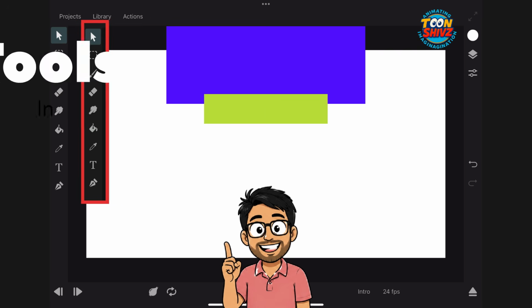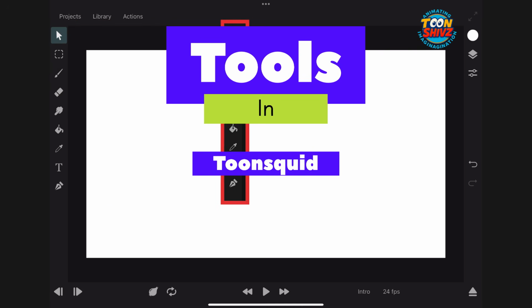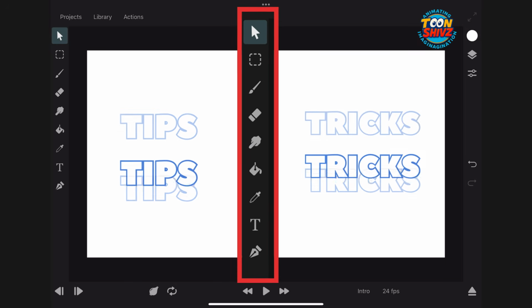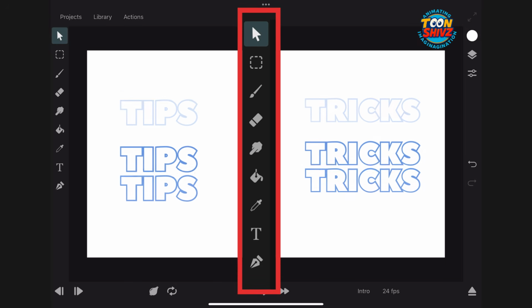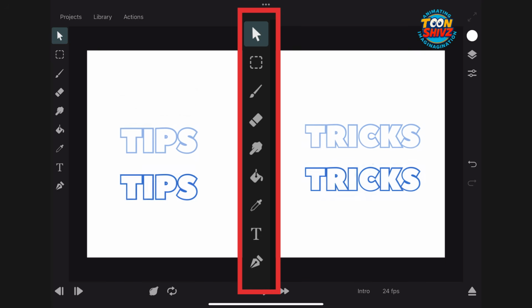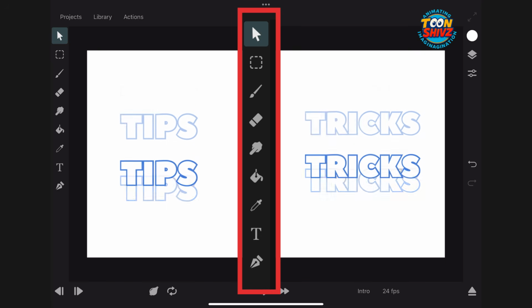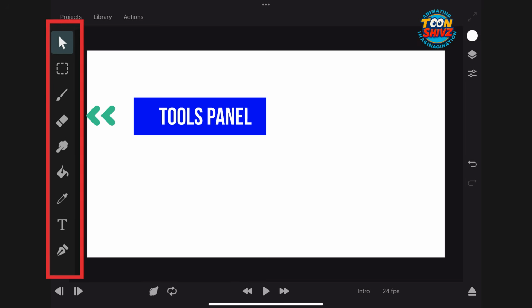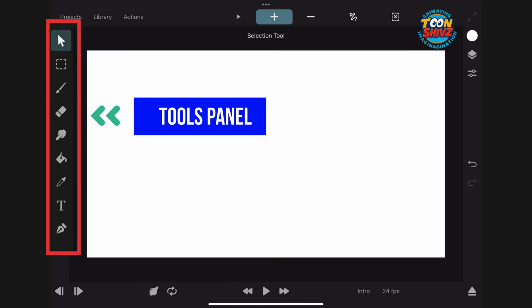In this video, we are going to look at the tools in ToonSquid and learn what each one does. I'll also share some tips and tricks for every tool that I use while drawing and animating to work faster and more efficiently. On the left-hand side, you'll find the Tools panel, which contains all the tools needed to create